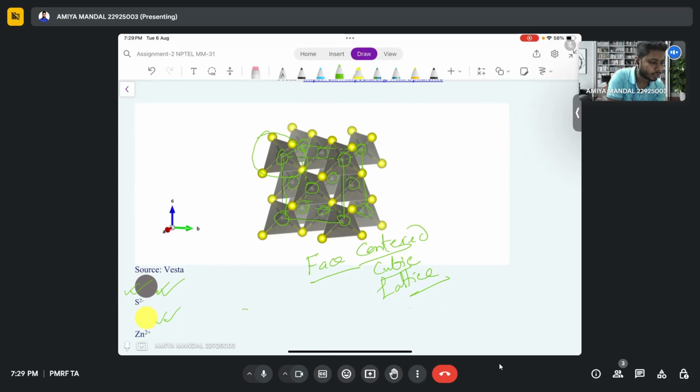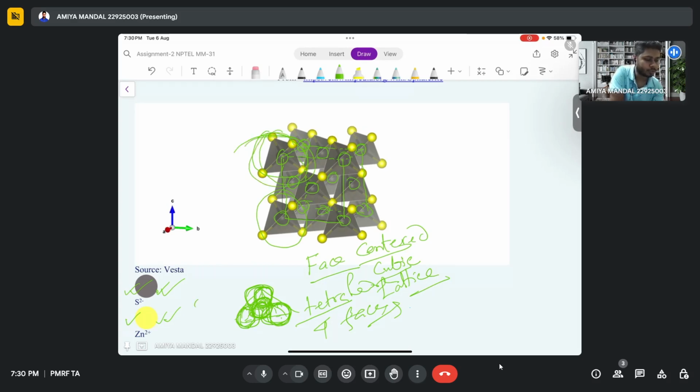So what is a tetrahedral arrangement? If three atoms sit on one plane, a void is created in between them, and you place an atom there. If you place an atom, then you can see this type of structure. Tetra means four-faced structure. So in a tetrahedral arrangement, each atom is connected to four atoms. Sorry,